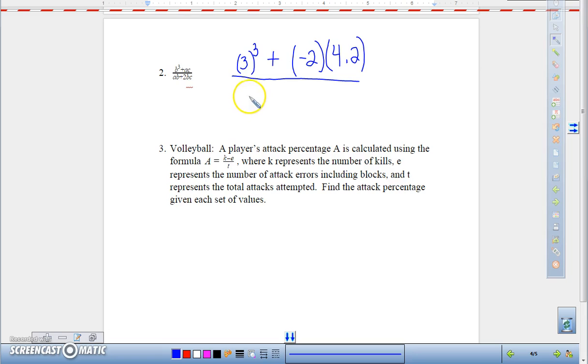On the denominator, we have A times B, so we have -2 times B, which is 3, plus 2 times B, which is 3, times C, which is 4.2. And once you get to this part here, you're going to solve the top and bottom like they're separate problems, and then at the very end you're going to divide. You have to get the answer to the top, then get the answer to the bottom, and then divide as your last step. So the very first thing you're going to do